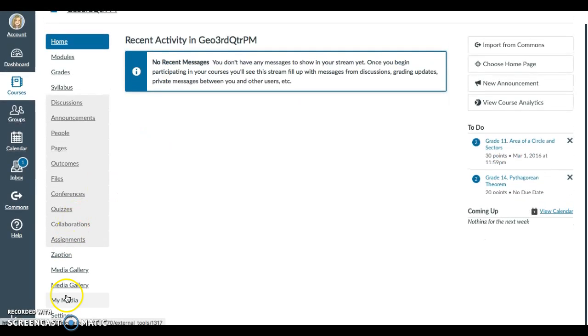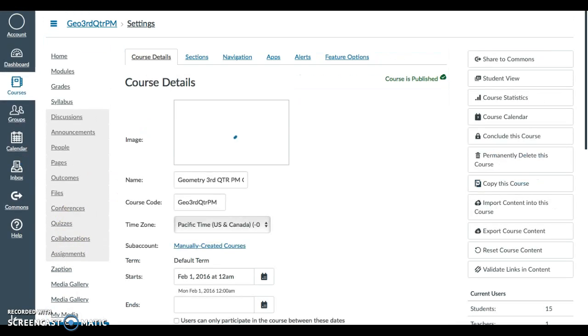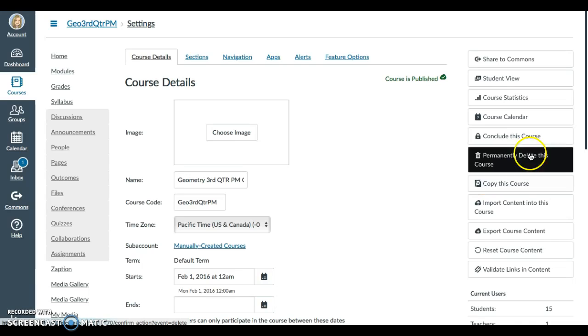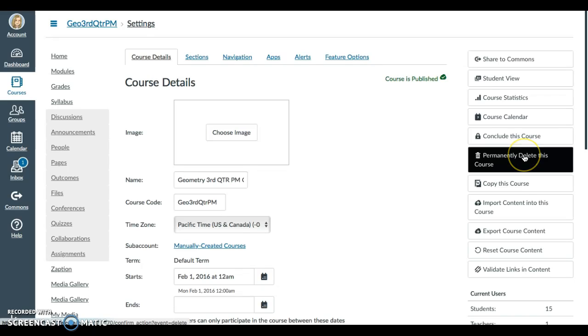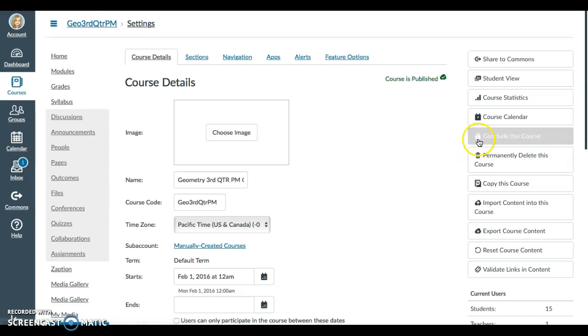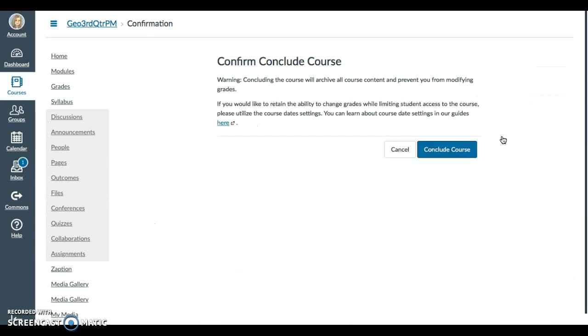So to conclude the course, back to settings, and there's the button, conclude this course. If you were playing with a course like a sandbox and you really want to get rid of something, you could delete it permanently, and you're not going to be able to access it later. Okay, so I do want to conclude it so that I have a copy of the